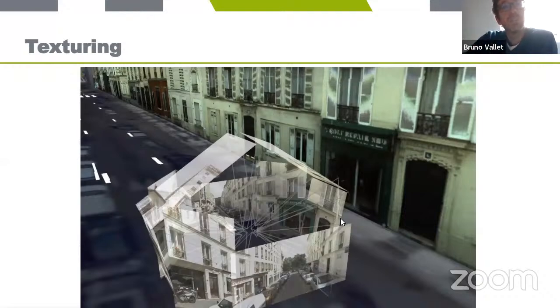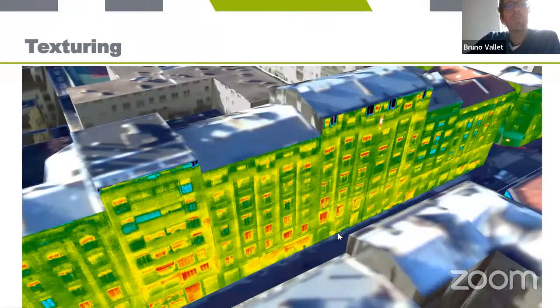So here we textured a LOD2 city model with mobile mapping imagery. Here it was an experiment where we replaced the visible image by a thermal image. And so we did that on all the city of Saint-Mandé, which is the city where IGN is located. So we had a company that lent us a thermal camera that we put on our Stereopolis mobile mapping system. And we used the texturing methods I described earlier in order to produce these thermal textures